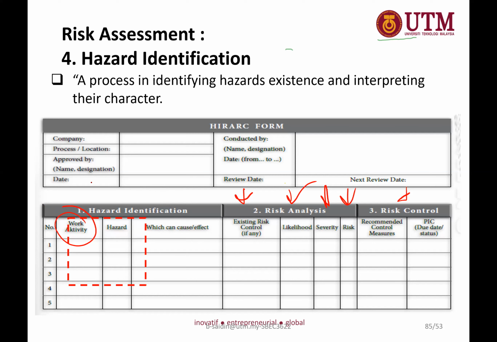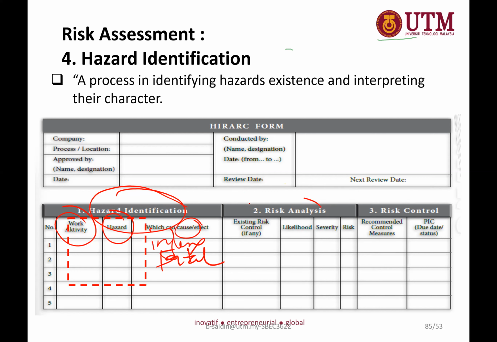And among those work activities, for sure, in every work activity there could be a potential hazard. So you list out all the hazards. Either it could be fall, and when you jot down fall, it can cause maybe injury or fatal. For injury, you can also put the level of injury, serious injury, and whatnot. And then this is what we call hazard identification. So you finish on the first part there, HI. Then you move into risk analysis.